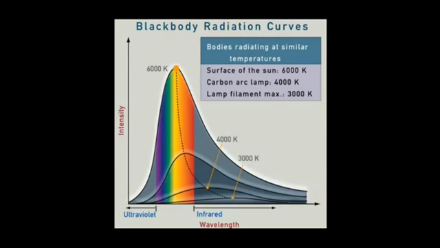Moreover, this explains why the sun is white. Its peak is in the middle of the visible spectrum. The visible spectrum is about 400 to 700 nanometers. And so, because it's at a lowish temperature, its peak is wide and it emits a lot of light across all the visible spectrum. And so we see all the colours of visible light. And as a result, it appears white.